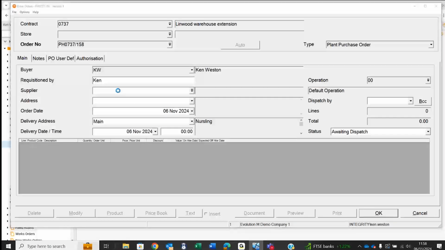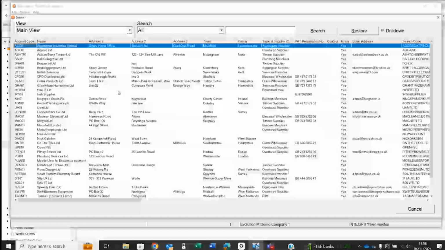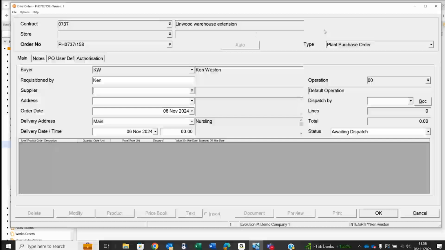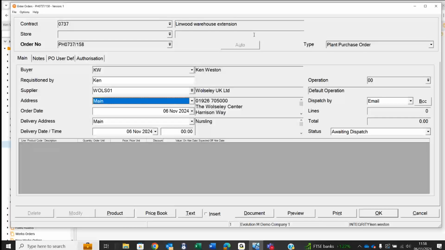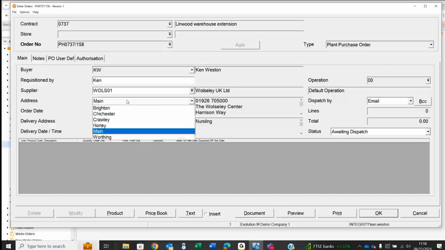So selecting here, again, we've got an option to be able to search on different suppliers that are within the database. Selecting your particular supplier, and then selecting also the delivery address. So this will be a different point of contact you've got at that particular supplier. Each of which can store a different email address. So if you are choosing to email out the purchase orders, they can be sure to go to the appropriate